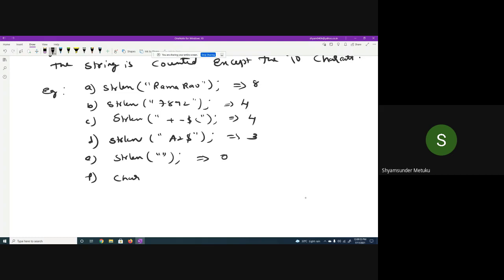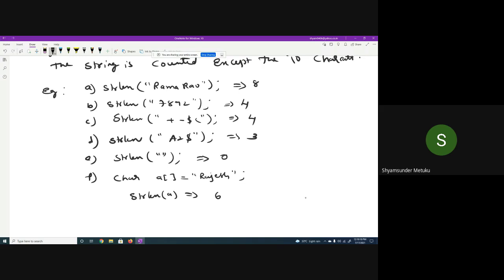Now, the widely used one is that we declare an array with some name, say Rajesh, some name I'm taking randomly. Then strlen of A. What is the output? 6, sir. Very good.